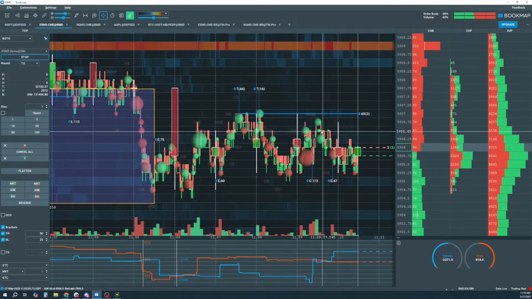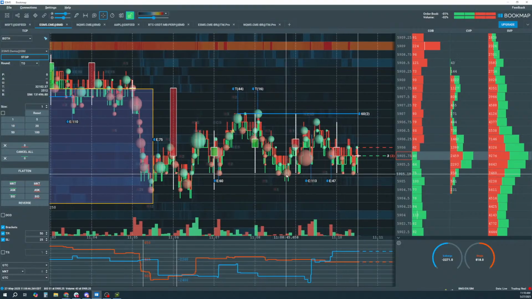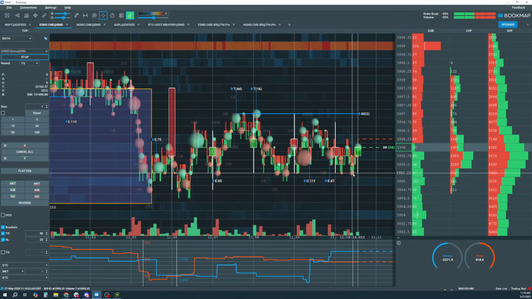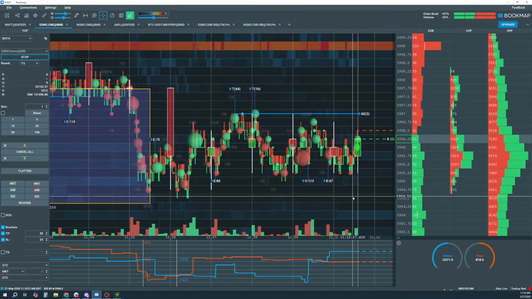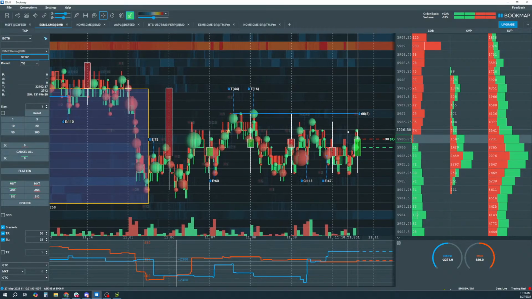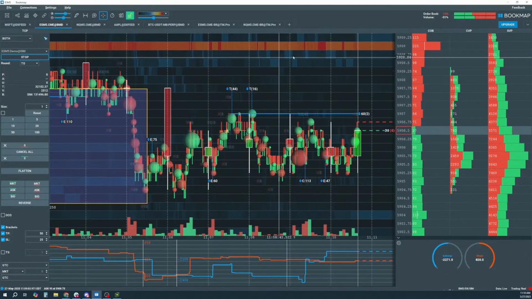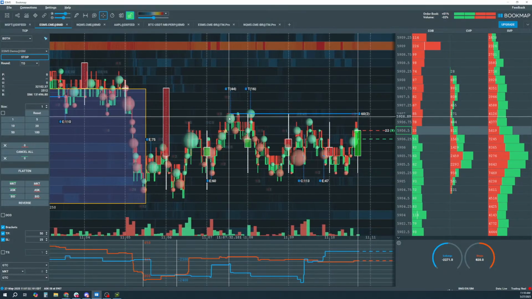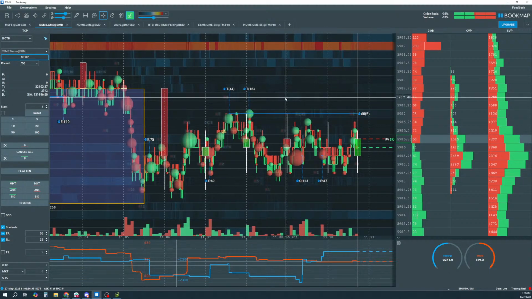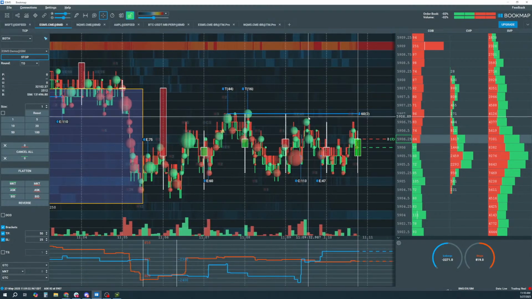Okay, see how this is starting to look better though, right? Just this little area in here. So we wouldn't look for much of a break though. I mean, you're not looking for much out of that. And they're still buying up in here and here, right? We want to see exhaustion, selling,